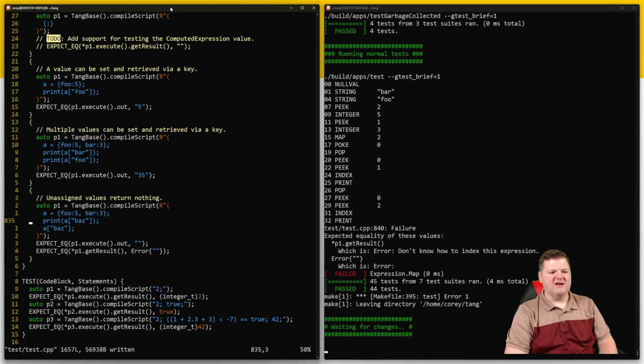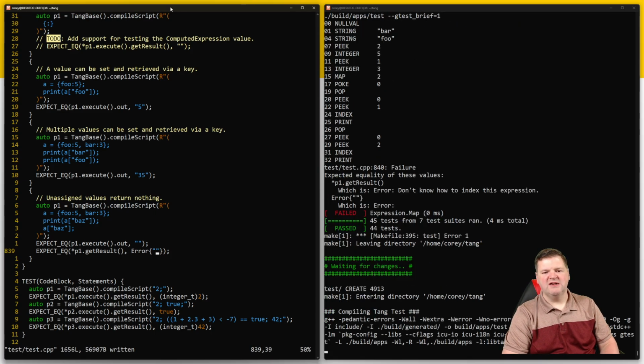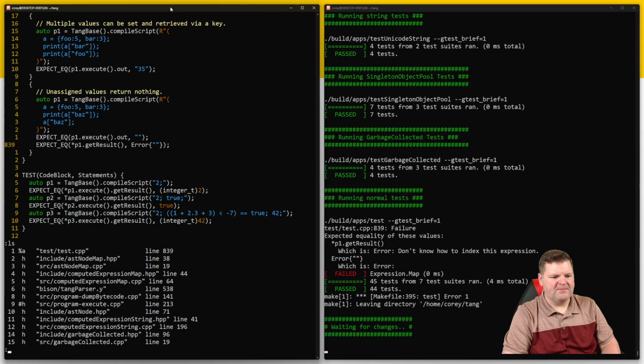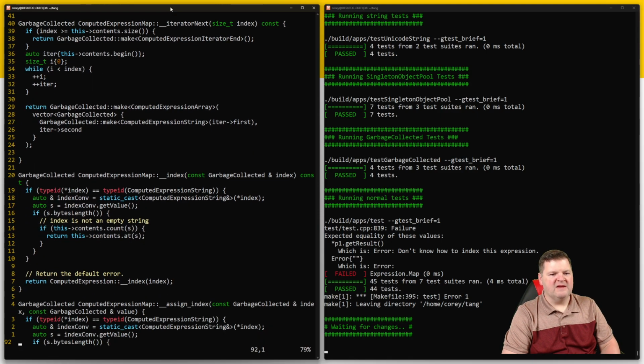And I don't think we need to call this. If anything, all that we need to do is know that the result is, it's saying don't know how to index this expression. And I don't think that that is the right error message. I think it should be, which one are we going to? Computer expression map 5. So on the index, so